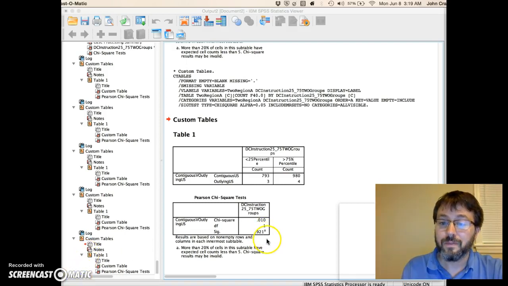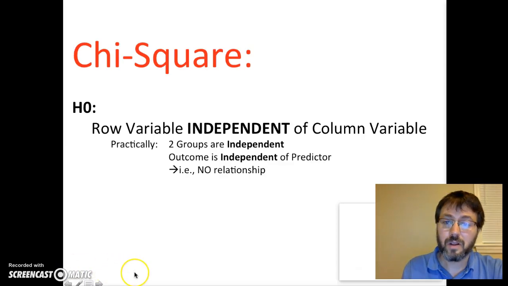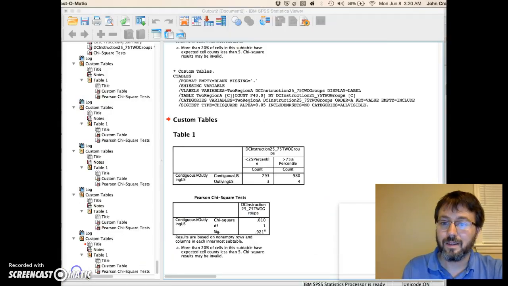So of course, with this extremely high p-value and our null hypothesis, again, of the chi-square test, that the variables are independent, that there is no relationship, with a high p-value, we would reject the null hypothesis that there is